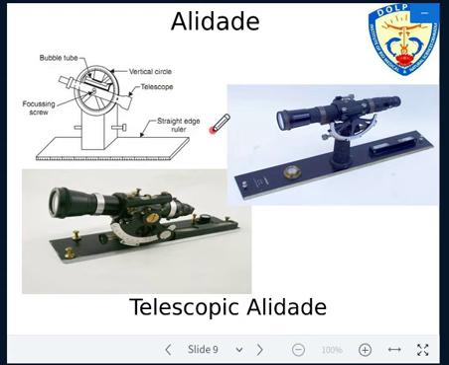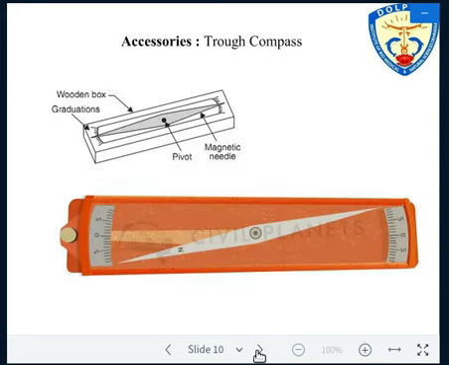That is simple alidade, right? And this is the telescopic alidade. Function is same, right? But here in our lab we have a simple alidade, and this is telescopic alidade. Function will be same, and only certain kind of lenses and instruments have been designed accordingly. Fine. So all these basic equipment we have understood, the three basic instruments: plane table, then we need tripod, and then we have an alidade.